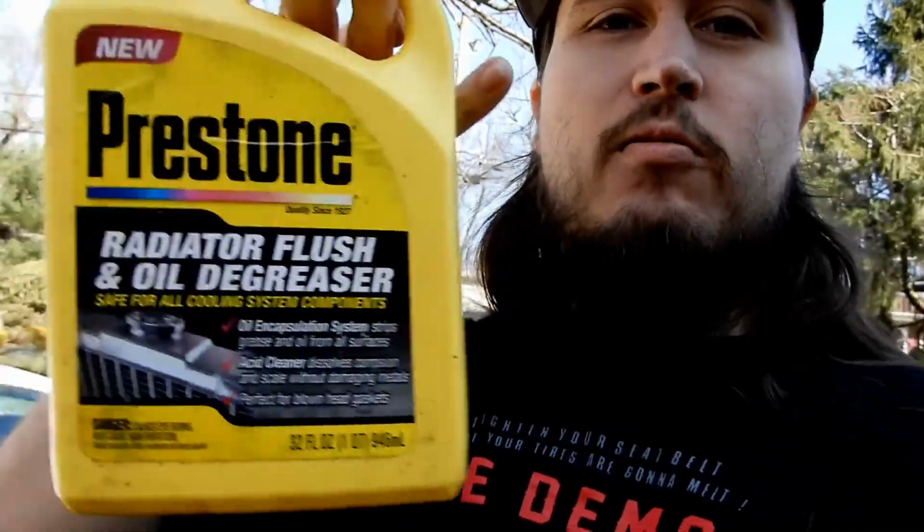Okay guys, let me give you a quick breakdown of what I just did over the last hour and a half or so. The car is running. I don't know if you can hear it, but it is running. So before I got it running, I poured this entire thing of Prestone, the Prestone radiator flush,